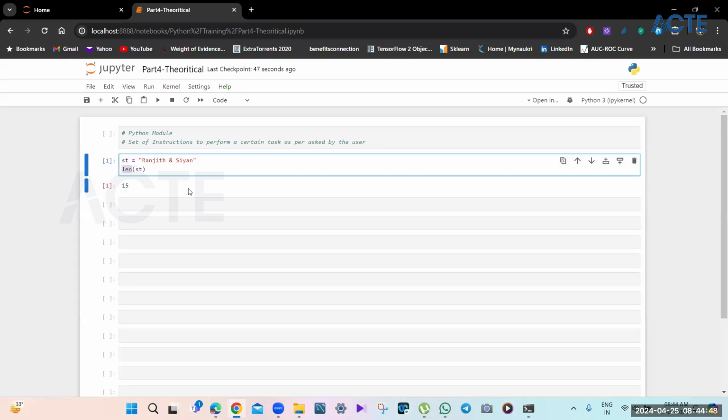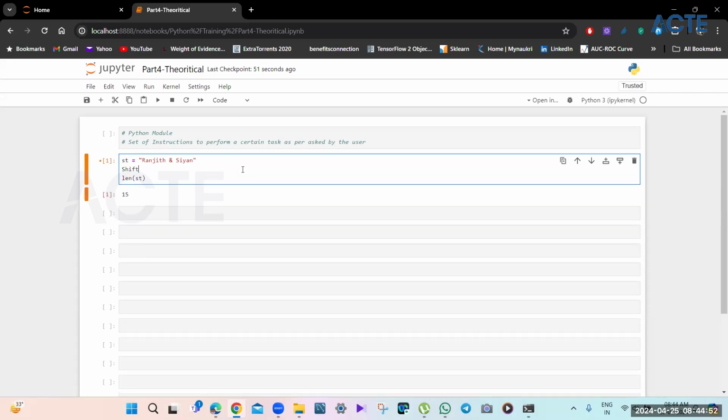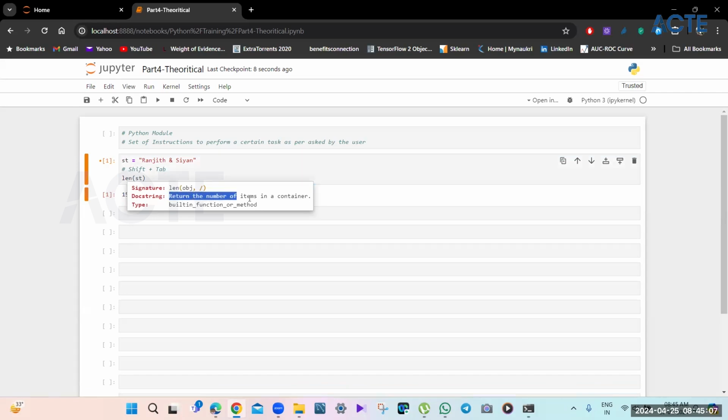If we have a doubt, we can hit Shift plus Tab. This is one thing we can do. And then it will tell us what this essentially does. So this will tell me it returns the number of items in a container.